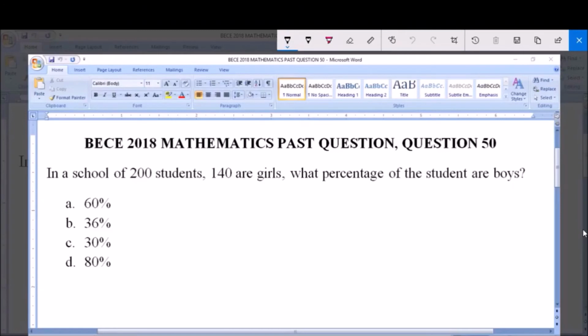Today we're going to be dealing with Bece 2018 Mathematics Past Question, question 50. In a school of 200 students, 140 are girls. What percentage of the students are boys? A 60%, B 36%, C 30%, and D 80%. So we have to find the percentage of the students that are boys. Now, the total number of students